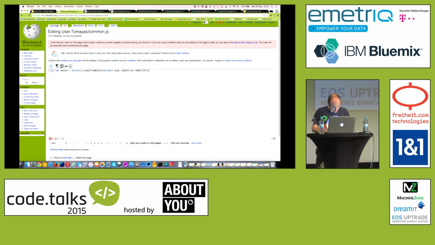Then we have all the text nodes, and we need to iterate over them. While the walker has a next node, walker.currentNode. So we get the current node now, dot textContent equals